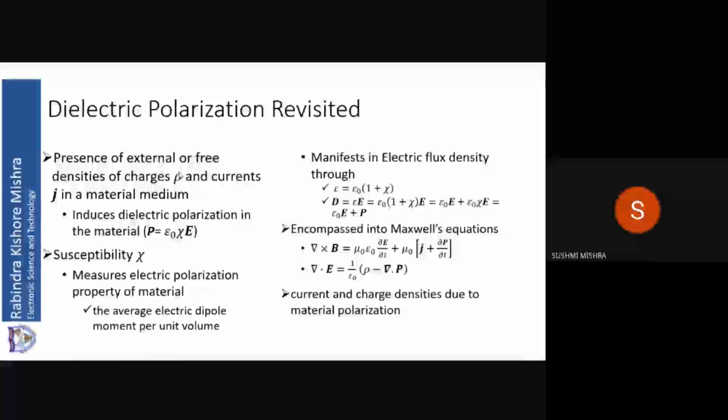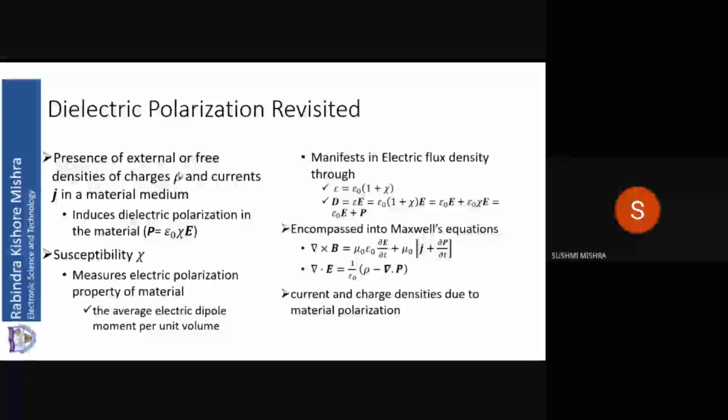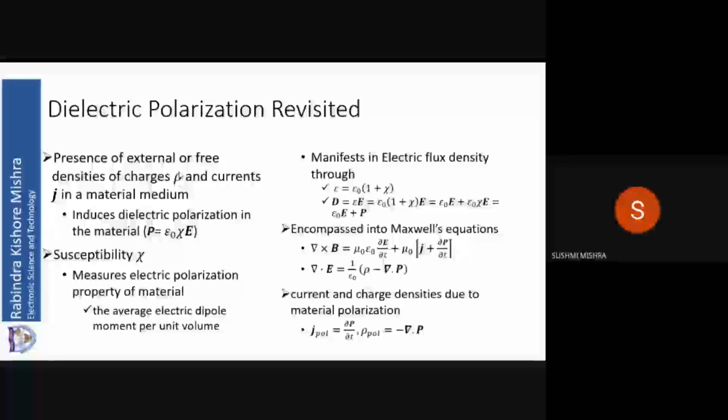Now we can put rho as rho minus grad P, from the flux density D is equal to epsilon 0 E plus P. It's a divergence of P. So current and charge densities due to the material polarization are now: J polarized, meaning polarized current, is equal to dou P by dou T, and polarized charge is equal to minus divergence of P. So we complete our